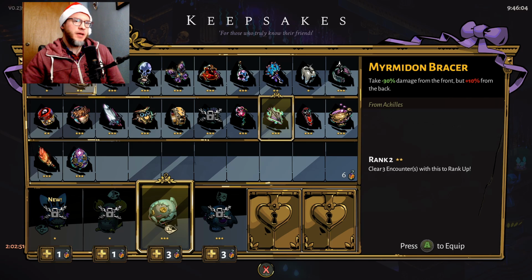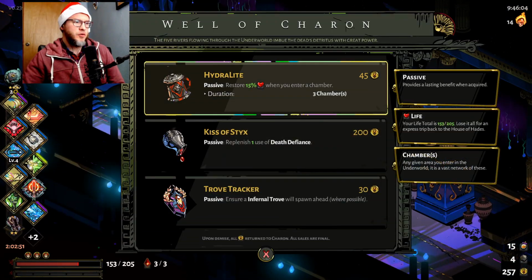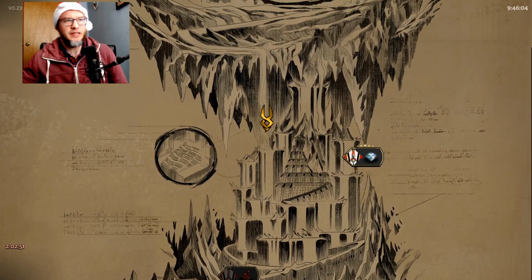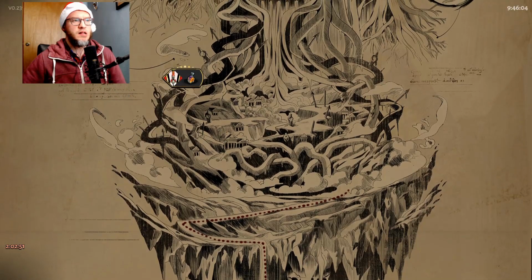Maybe we want to level something up. Let's level up our Myrmidon Bracer. We're just about to full level with that. We'll just level it up a little bit, because I can't think of anything that I really need to finish out this build. It's pretty well established, and we just need to...